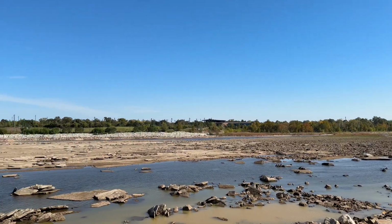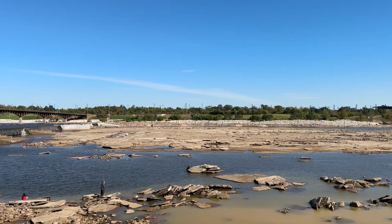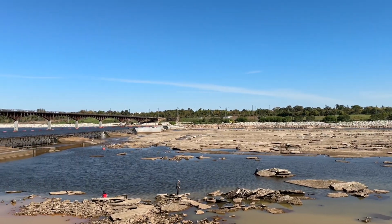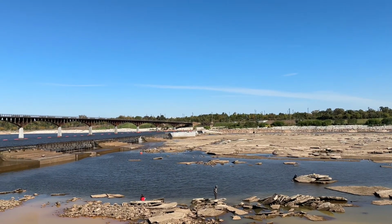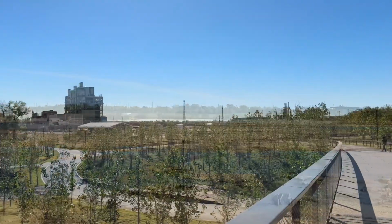There is not a ton of water in this thing. I mean, we have not had a lot of rain, so that doesn't surprise me. But that is the pedestrian bridge and kind of the Arkansas River. So once again,